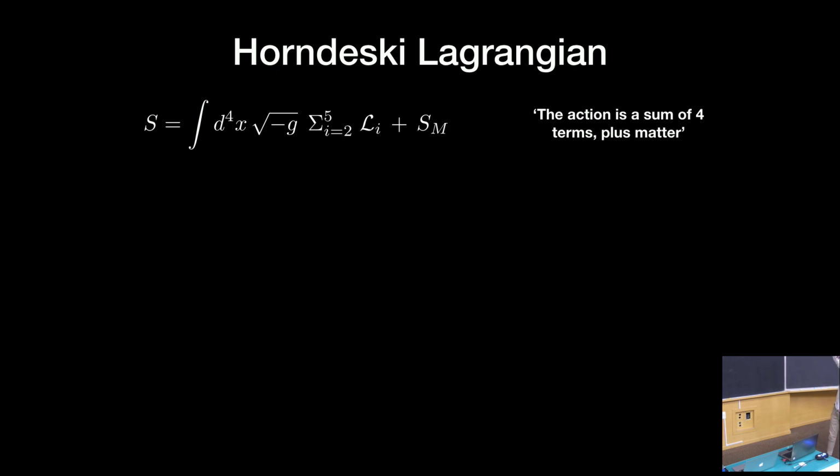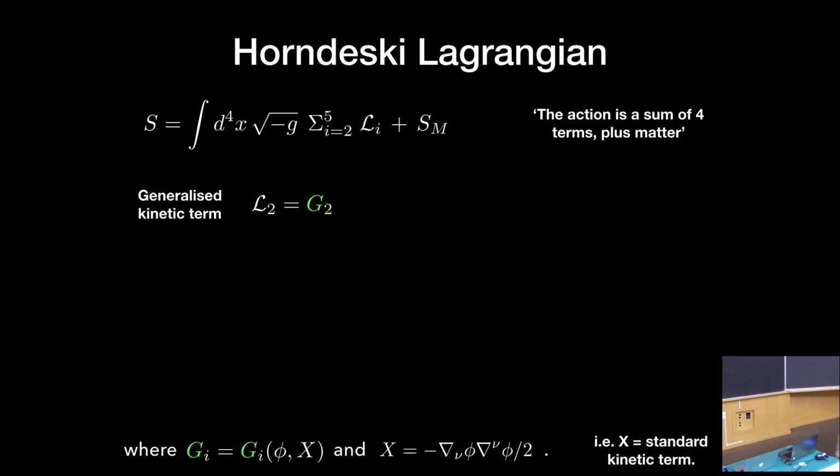So this statement basically just says that the action for Horndeski gravity is going to be a sum of 4 Lagrangians coupled to some standard matter content that we won't worry about. I've never understood why this starts at 2 instead of 1. So there are 4 Lagrangians, L1 clearly got dropped. So there are 4 Lagrangians, and you add them together to get Horndeski gravity. So L2 is the first one.